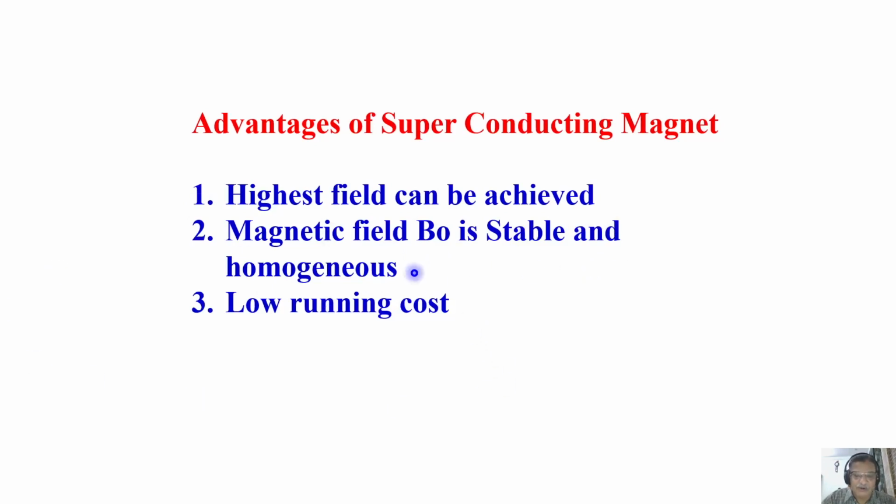Of course, we have to take into account the liquid helium and liquid nitrogen, which we have to constantly keep replenishing when it evaporates. That itself is a lot of cost for the maintenance. This statement we have to take with a little pinch of salt. It is said because we don't need electric power regularly. Once you pass the current, you are in a superconducting state and the magnet is always maintained. That is the reason. But of course, helium and nitrogen requirements are there, very expensive, a constant requirement. We have to keep filling it when it evaporates. So that is a very huge running cost.